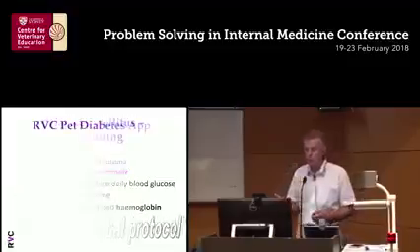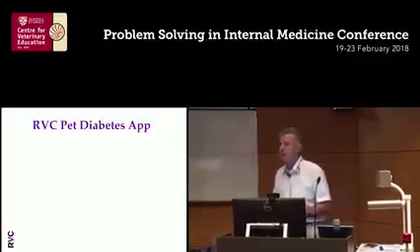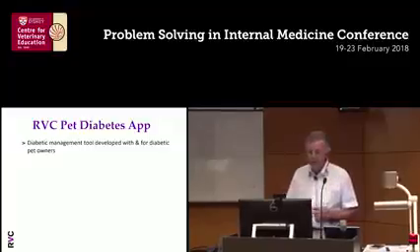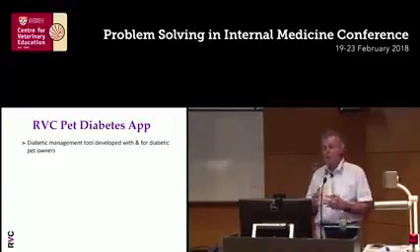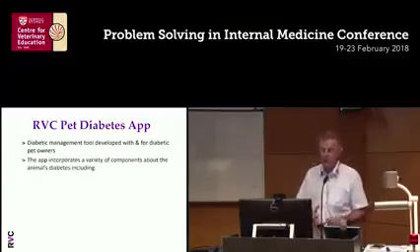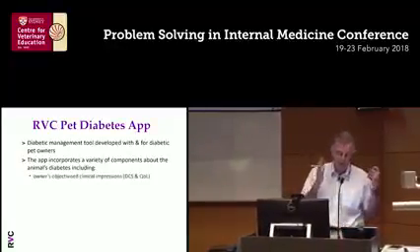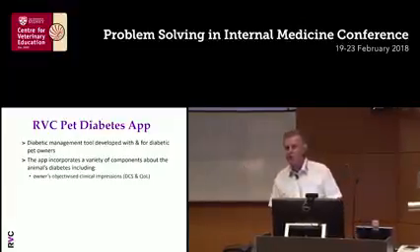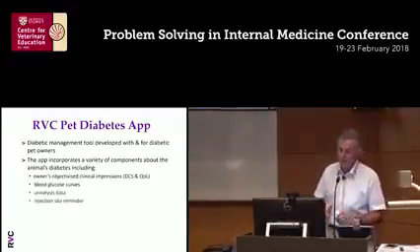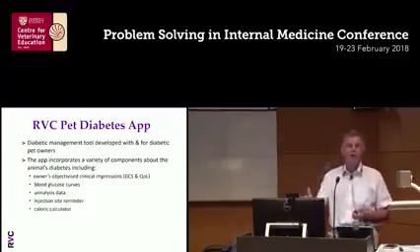So, what is the optimum protocol? Well, I think that depends on you and the owner, but one of the things we've also developed is the PET Diabetes app, through the benefit of the Rumba Foundation. So this is a diabetic management tool developed for pet owners that we've developed at the RVC, and it incorporates a variety of different components about the animal's diabetes, including the owner's objectivised clinical impressions, which is a diabetic clinical score, and the owner's feeling about the quality of life, blood glucose curves, urinalysis data, whatever they want really, well not whatever they want, but quite a bit,